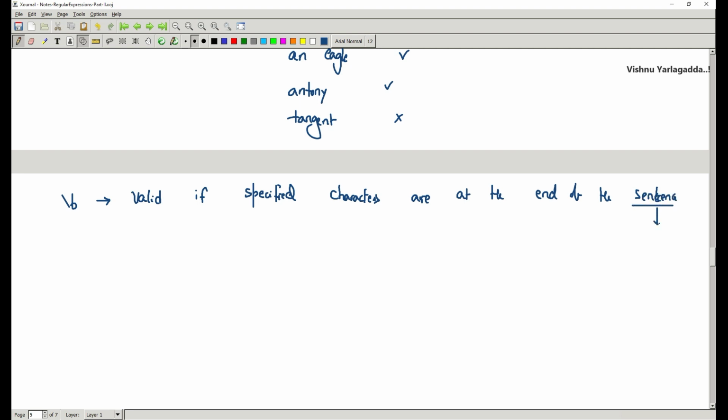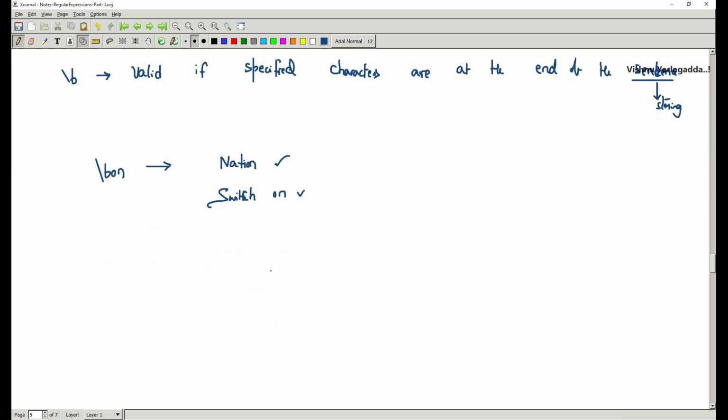Don't forget that a sentence is nothing but a string, a single string. So for \b, for example, \b_on, my examples are nation, valid. Switch on, valid. Ontology,